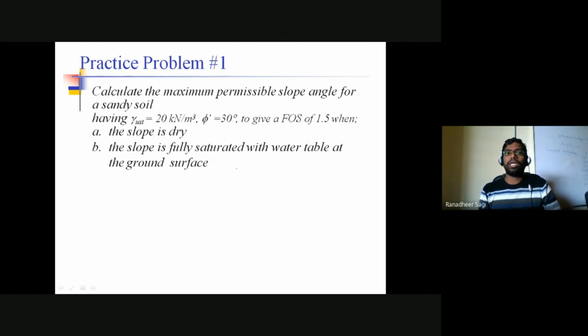It's actually an infinite slope we are referring to. So for that infinite slope, which is a sandy soil deposit existing along the infinite slope, for a factor of safety of 1.5 with the unit weight and phi value of the soil given, I am required to find out what will be the maximum permissible slope angle.